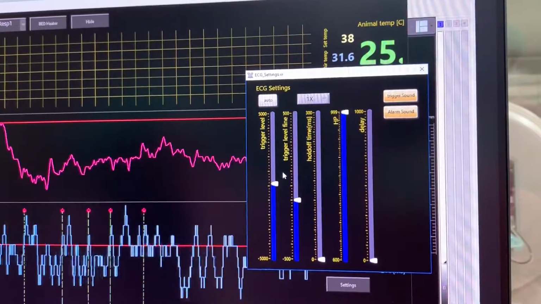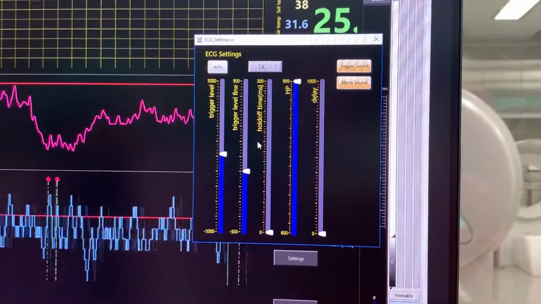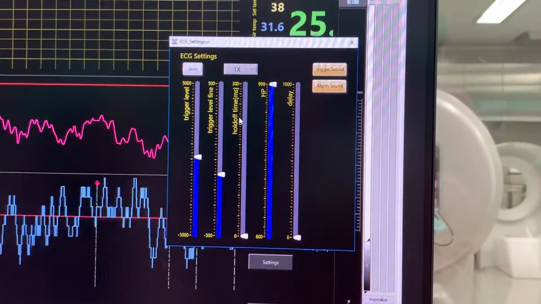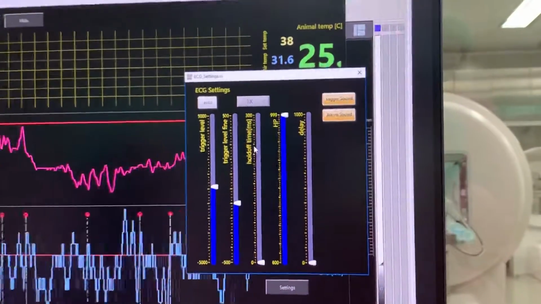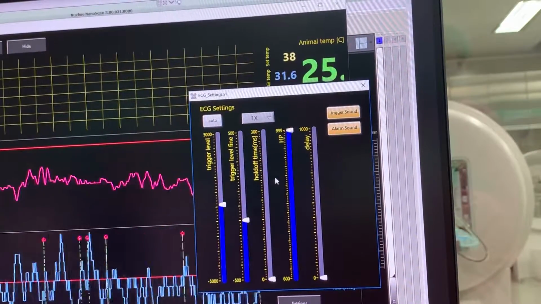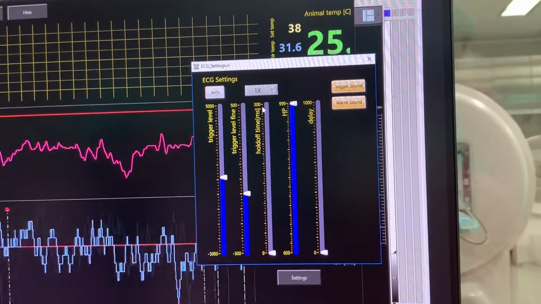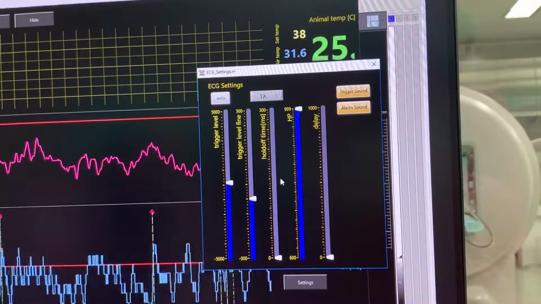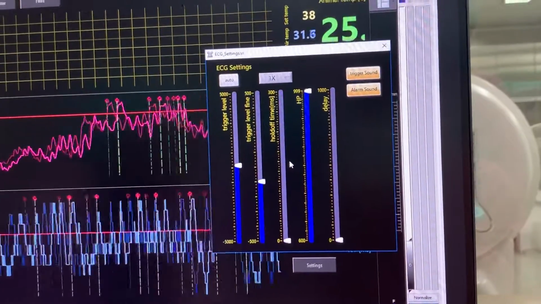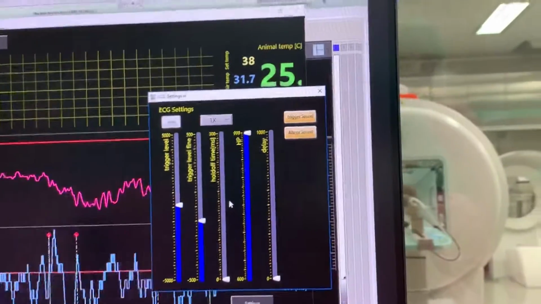So the first one is to roughly modify the threshold. The second slider is for fine tuning it. The third one is the hold off time. So the longest time you can select here is 300 milliseconds, I guess. So actually that time period will be set up as something that, even though